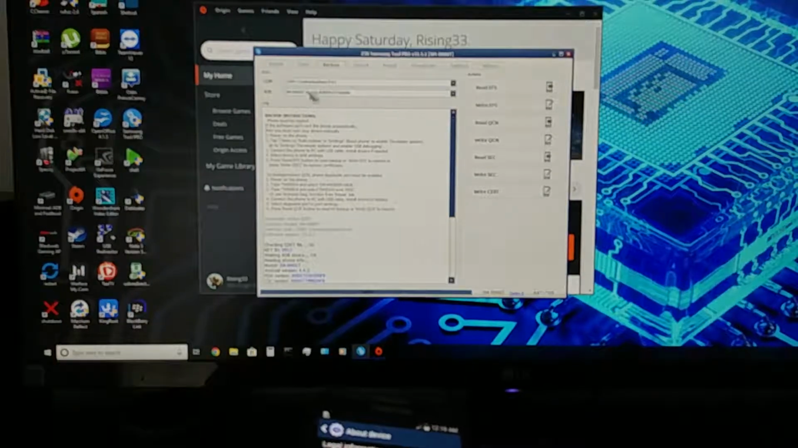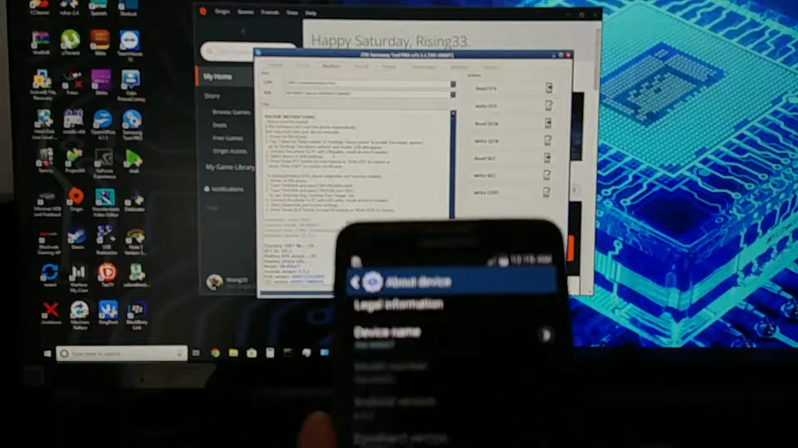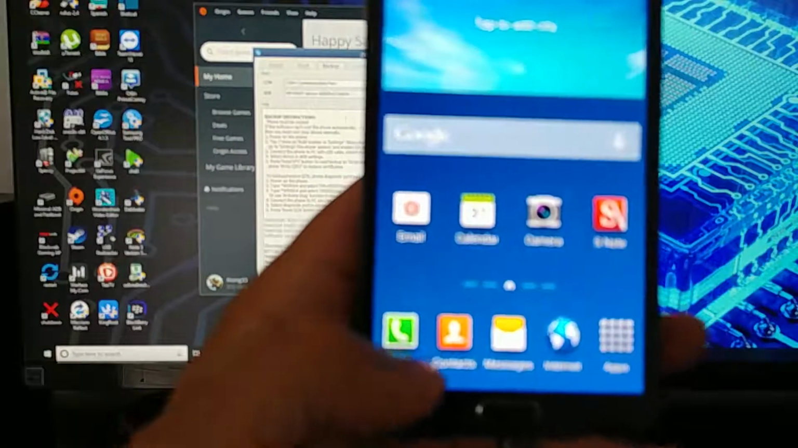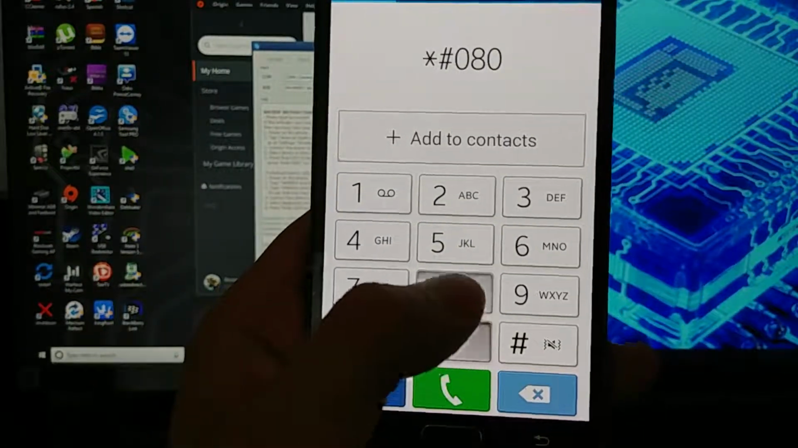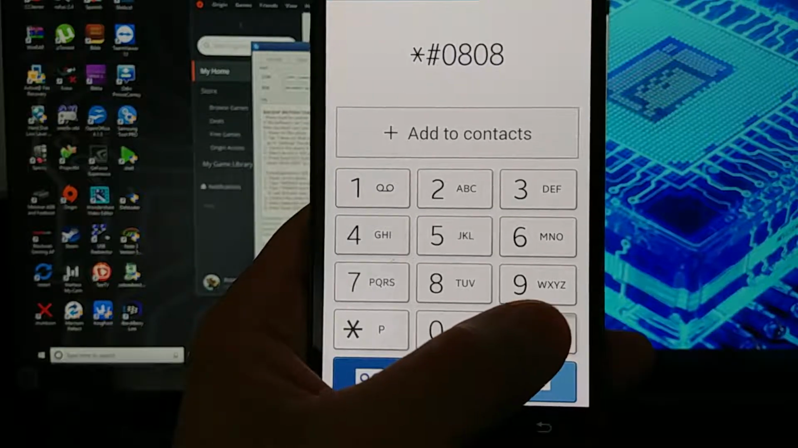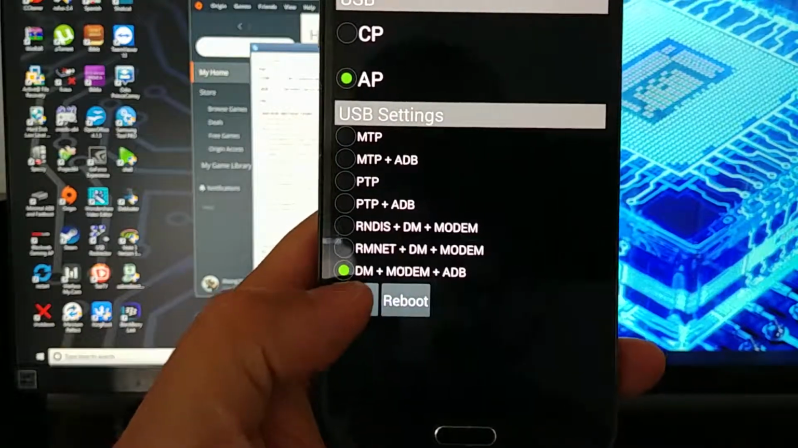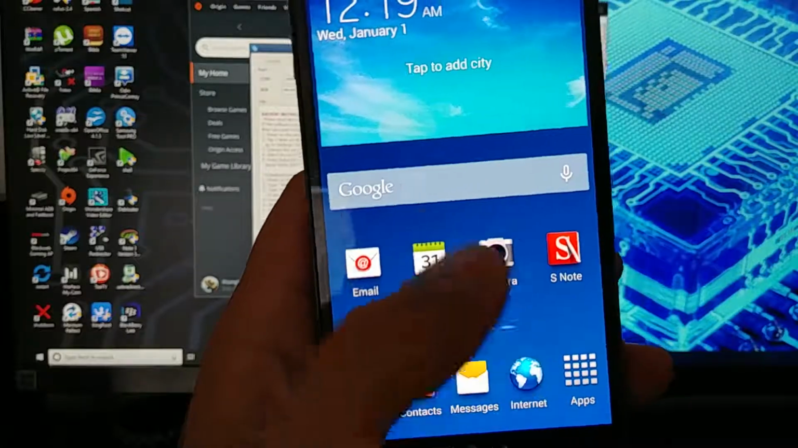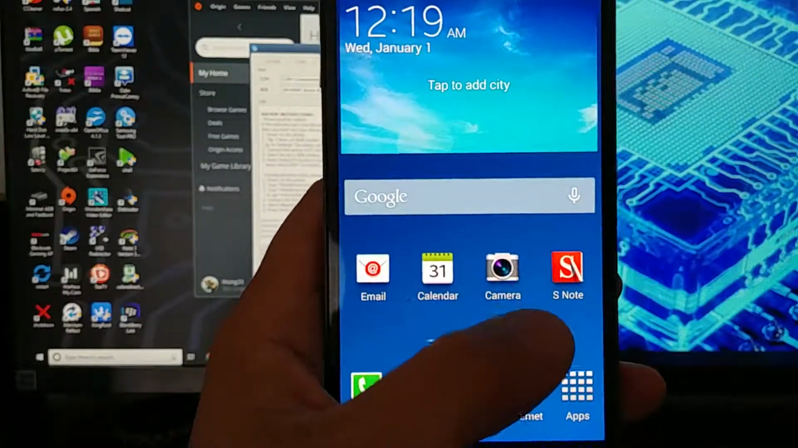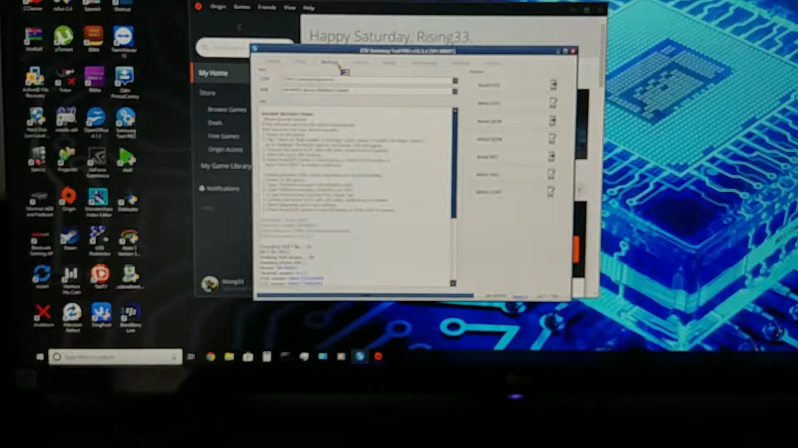Just downgrade to 4.4.2. Make sure your phone is set up properly. You go to *#0808#, and you make sure that you're in DM modem ADB. You hit OK, and that's pretty much it. You don't have to do anything else other than